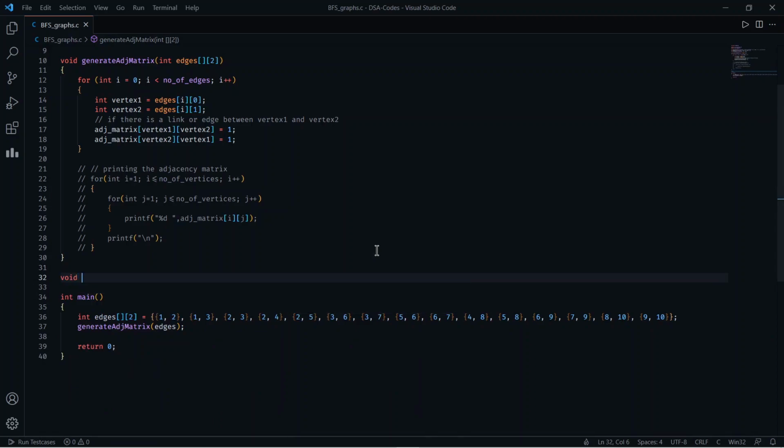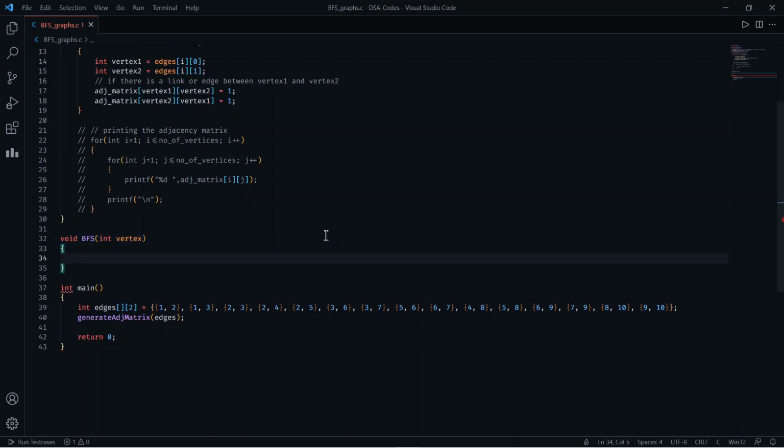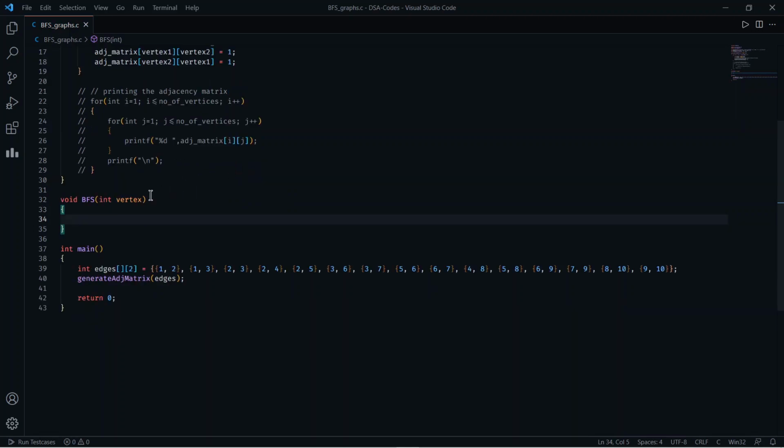So I can write void BFS, and in this I just need a vertex to start, int vertex, let's say. And according to the algorithm, first of all we have to check whether this vertex is visited or not, like if visited of vertex equals to 0.